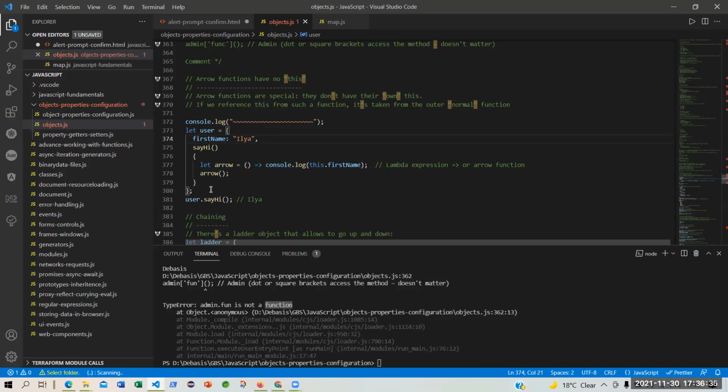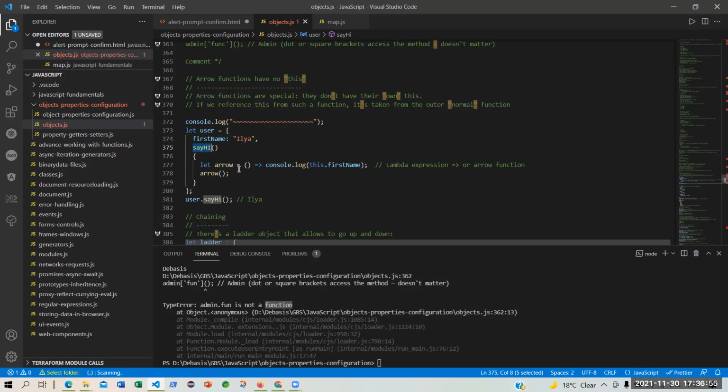So it will print the arrow function with the value of Ilya. Let me run this. This is a fantastic way of doing things, and in a small way you are calling the arrow function from the say hi function.